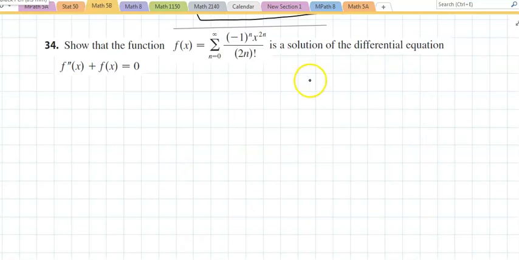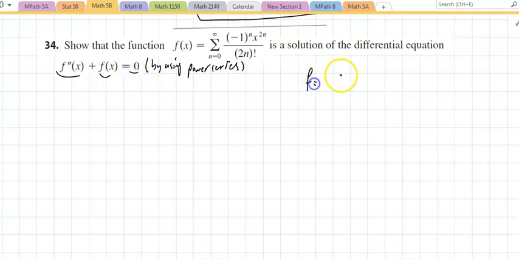The last problem, if I take this function f of x, and on the exam I'm going to say show that the function is a solution by using power series. So you must use the actual series. You can't diverge from that. This is a cosine, by the way. You can't say this is the cosine, take two derivatives on a cosine plus the cosine and get a 0. So you're going to write f equaling